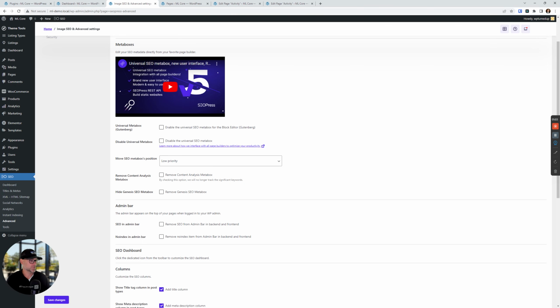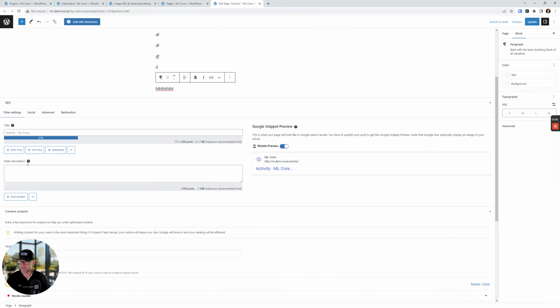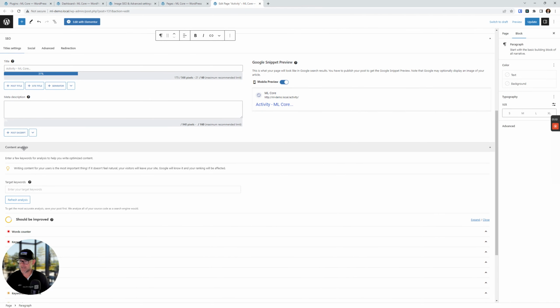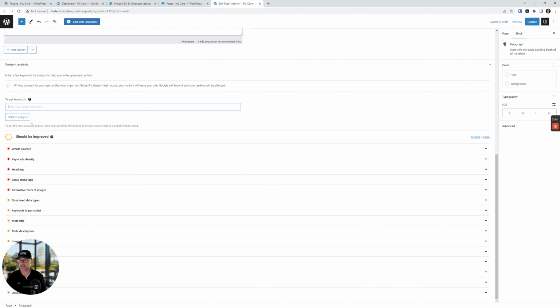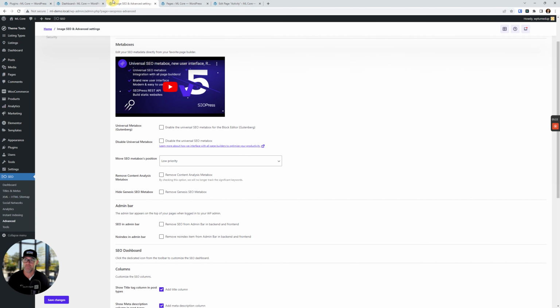Number 2, remove content analysis meta box. So what that is, you see this content analysis. It's part of this whole SEO meta box thing. You can put in your target keywords, put in MyListing here, and then do the content analysis. A lot of people don't use this, right? It's not that it's a bad thing. It's just they don't have the time to do it, the knowledge to do it, don't want to do it, all of those things, right? So you can remove this